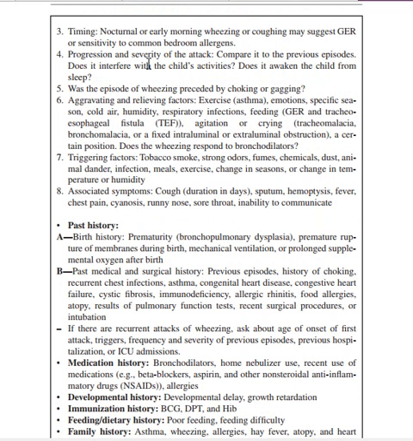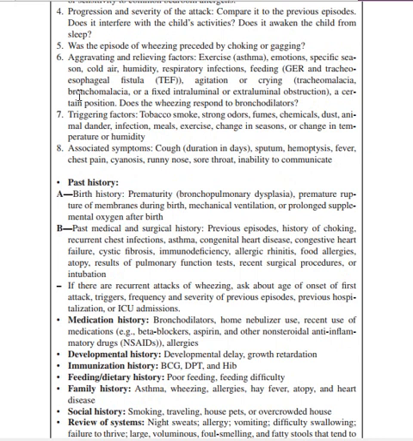Because we grade asthma based on, one, the daytime difficulty in breathing; two, the night cough; and three, the activity that the patient can do. And also we have the peak expiratory flow. Those are the four characteristics used to distinguish between the different types of asthma: intermittent asthma, and persistent asthma, which is divided into three: mild, moderate, and severe asthma. Then: was the episode of wheezing preceded by choking or gagging?